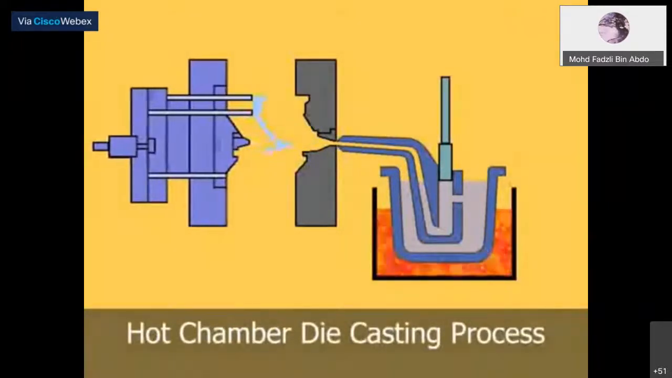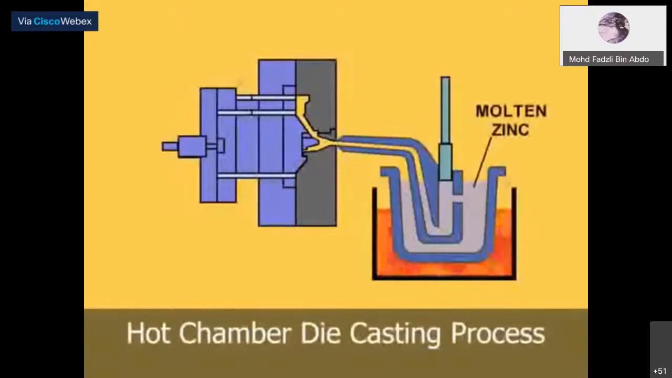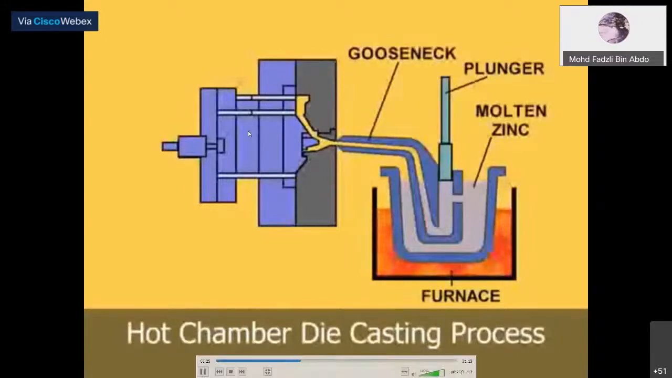Hot chamber machines are used primarily for zinc, copper, magnesium, lead, and other low melting point alloys that do not readily attack and erode metal pots, cylinders, and plungers. The injection mechanism of a hot chamber machine is immersed in a molten